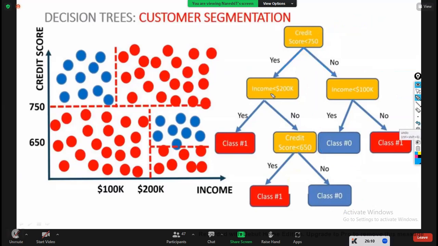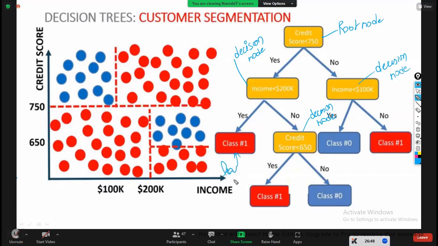Now here, this is called a root node. This is called a decision node. This is called a decision node. This is called a decision node. Wherever you are going to write the condition, everything is called a decision node. These three of them are called decision nodes. And this one is called a